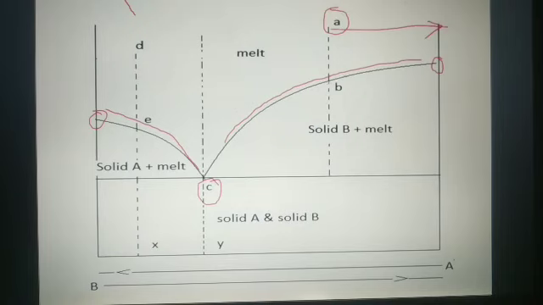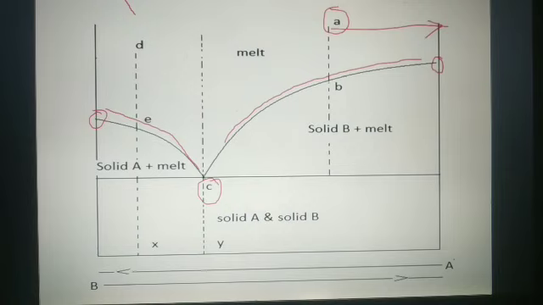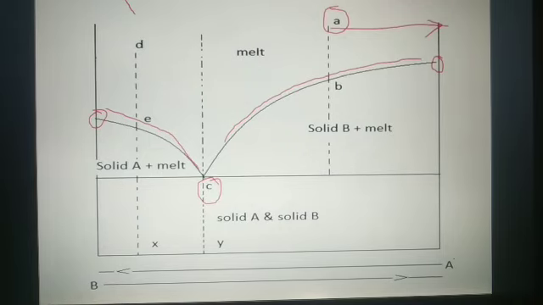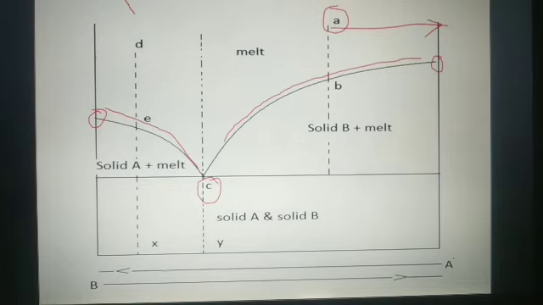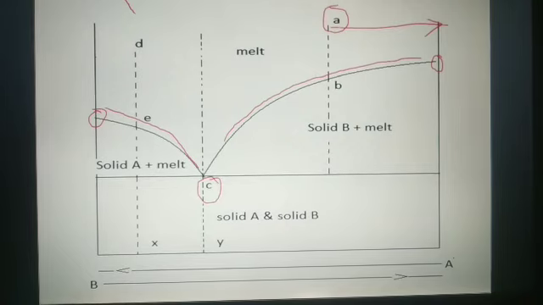As we reach the point B, solid B separates out from the melt, and the path followed is this one up to the time when the composition corresponding to the eutectic point has been formed. So this path makes the separation of B, so there is a bond formation between the atoms of B. That is why cooling and heating go on continuously, simultaneously you can say, because bond formation releases some energy.